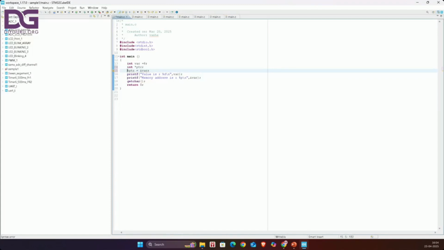Now next, what are we going to do? To declare a pointer, we use this asterisk symbol. Next we need to change the values of your pointers. So I'm taking the same case. Now your ptr is equal to value. Now my value becomes 9. Now I'm just going to printf